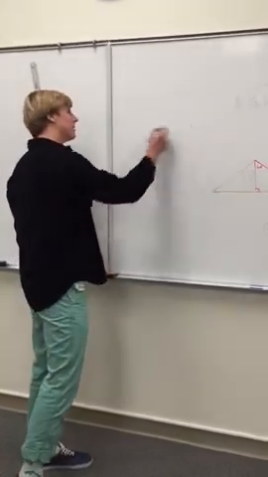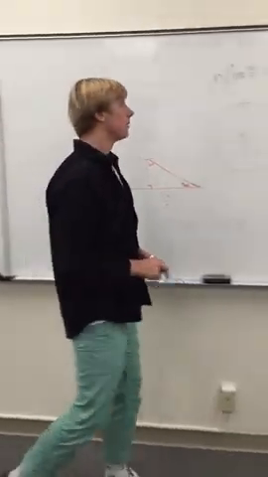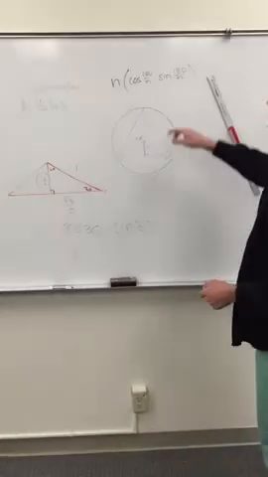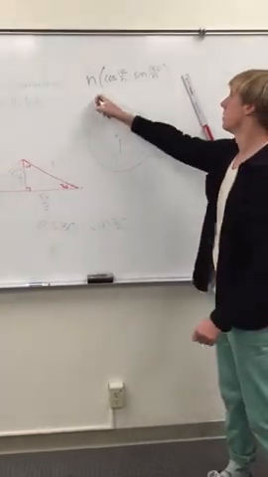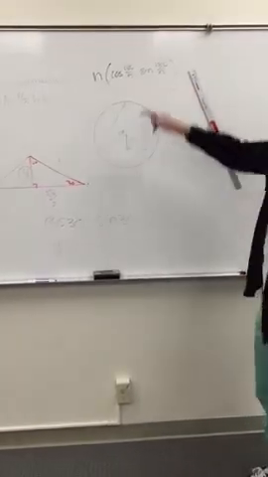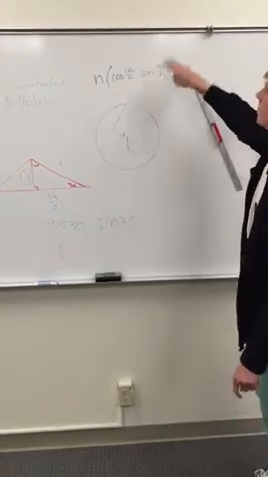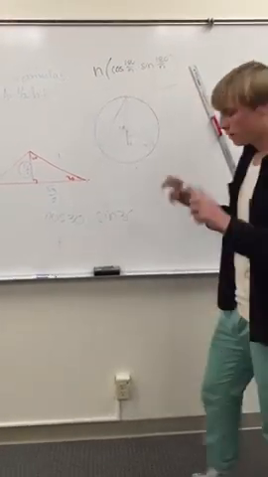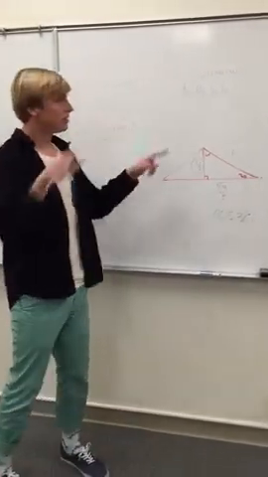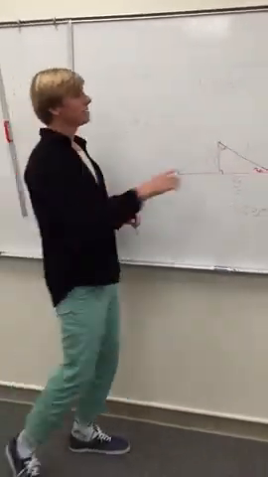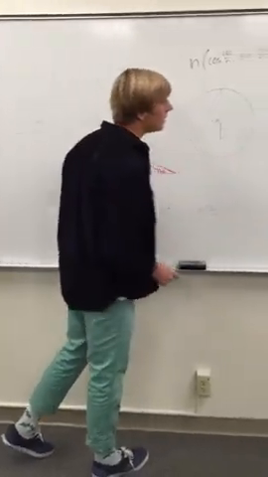Now, from this, we can derive a formula for finding the area of polygons inscribed in circles with radius 1. Observe this formula: it's n times cosine of 180 over n times sine of 180 over n. Now, thinking about polygons inscribed inside circles with radius 1, as the number of sides increases, the closer it